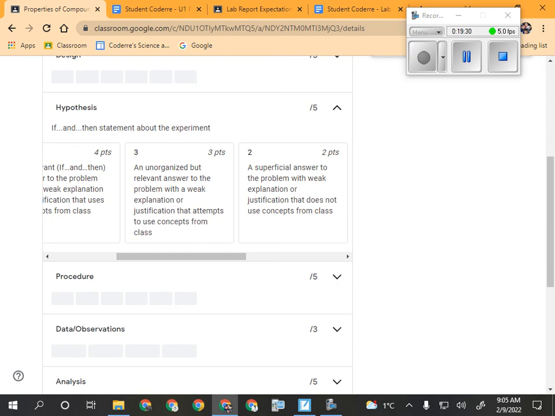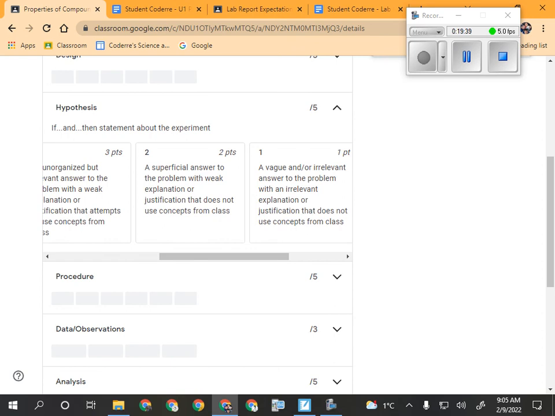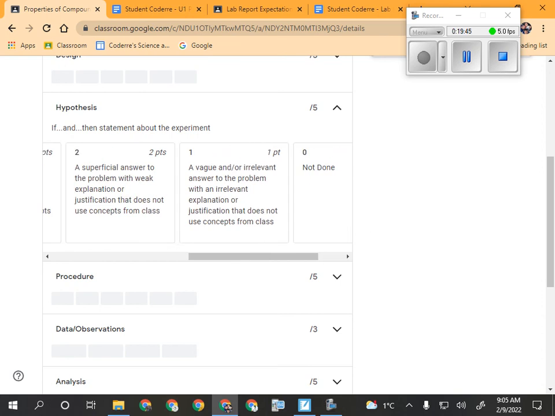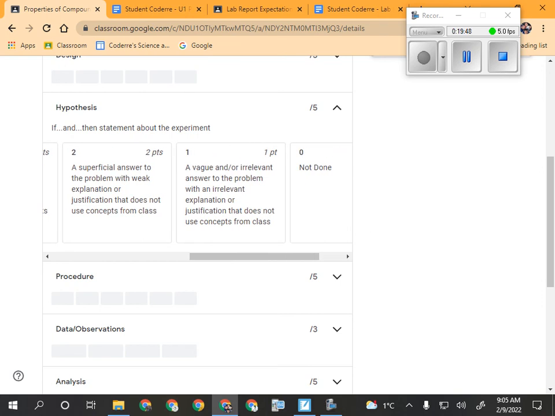Okay, and you'll notice that it doesn't say anything about it being if, and then. So if you're missing any of those, you're kind of starting to go into this territory. Okay. 2, a superficial answer to the problem with a weak explanation or justification that does not use concepts from class. Okay. A vague and/or irrelevant answer to the problem with an irrelevant explanation or justification that does not